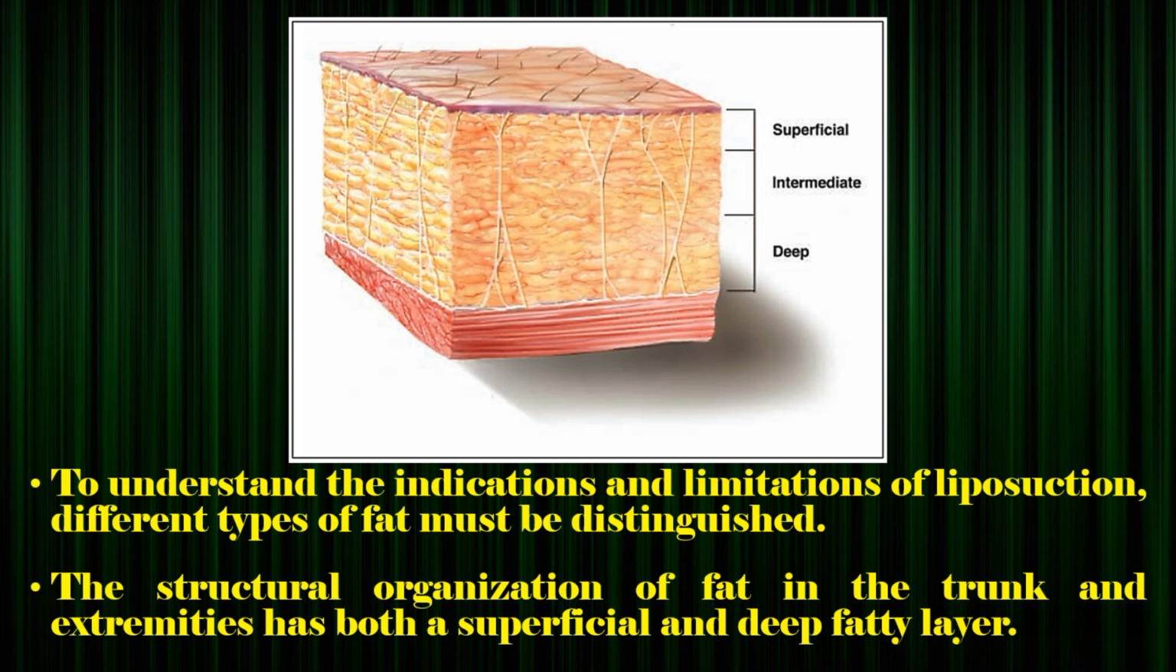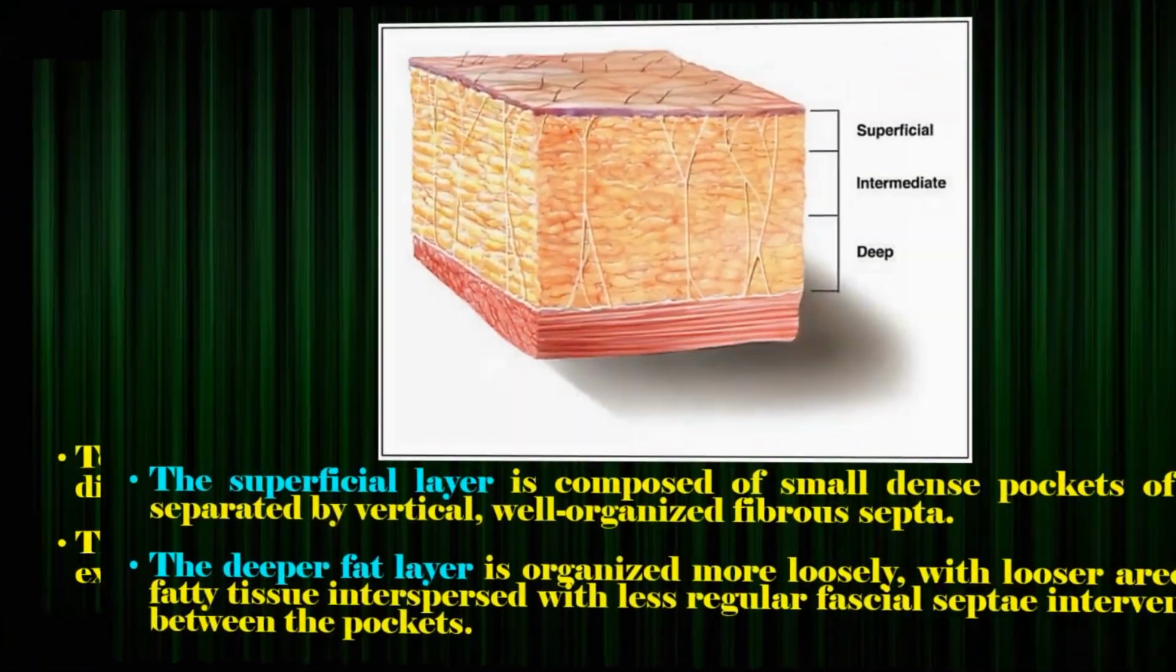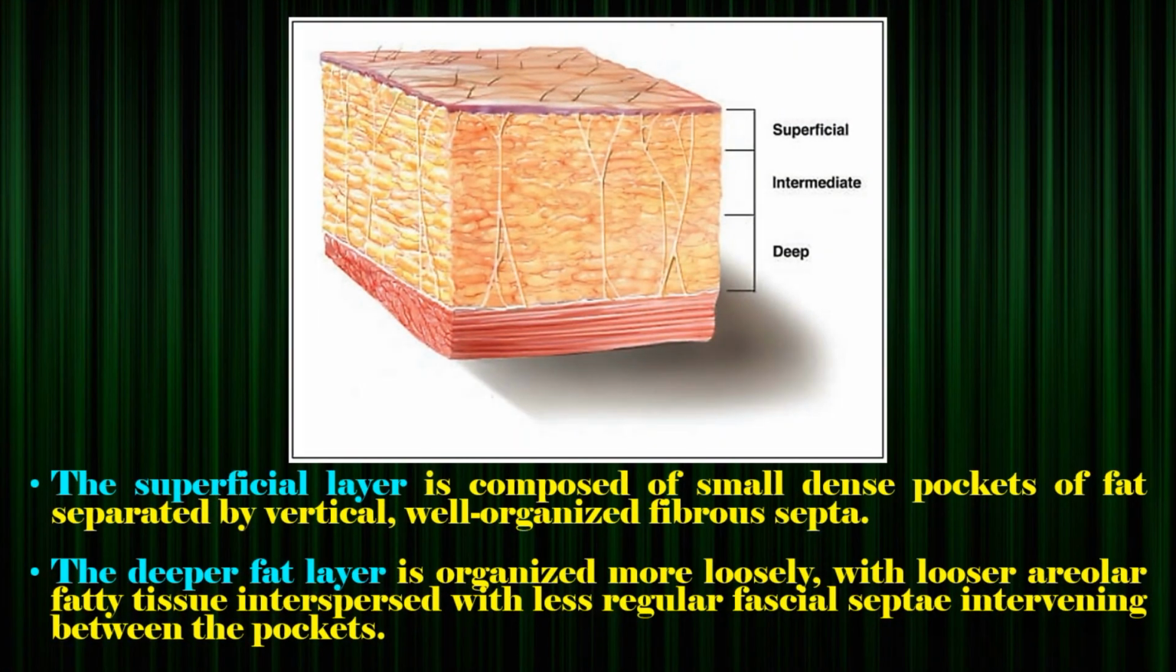The structural organization of fat in the trunk and extremities has both a superficial and deep fatty layer. The superficial layer is composed of small dense pockets of fat separated by vertical, well-organized fibrous septa. The deeper fat layer is organized more loosely, with looser areolar fatty tissue interspersed with less regular fascial septae intervening